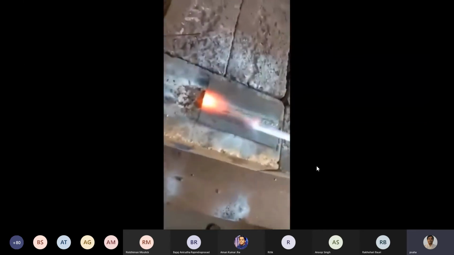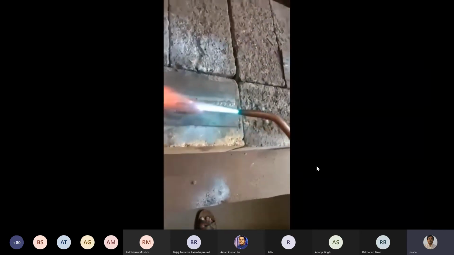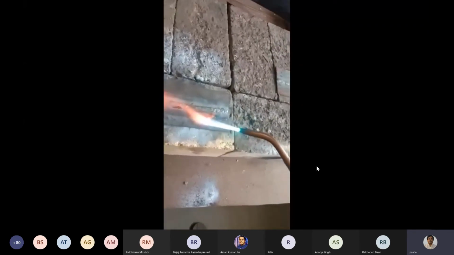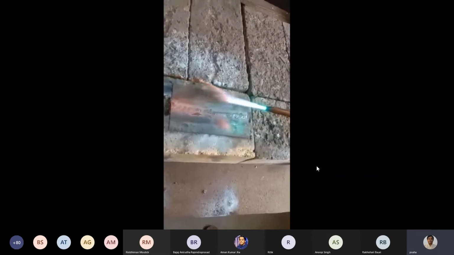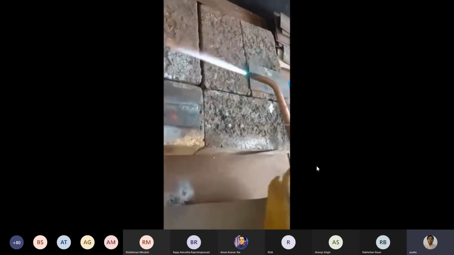Sometimes at the time of welding, if you near the tip towards the molten metal, the molten metal may enter the tip and block it. At that time there is a chance of backfire. To avoid backfire, and the accident that may occur, we are using flashback